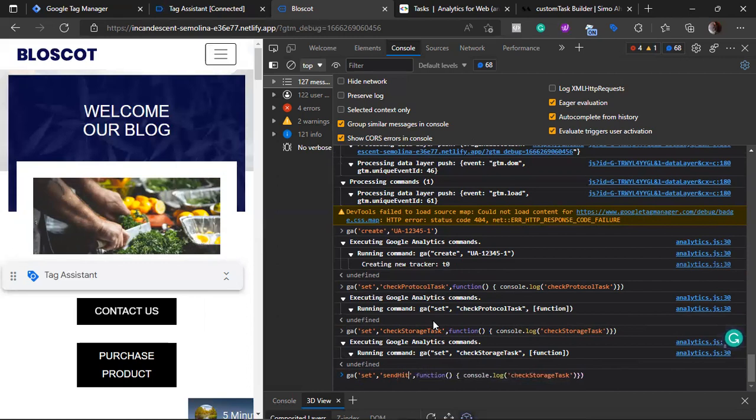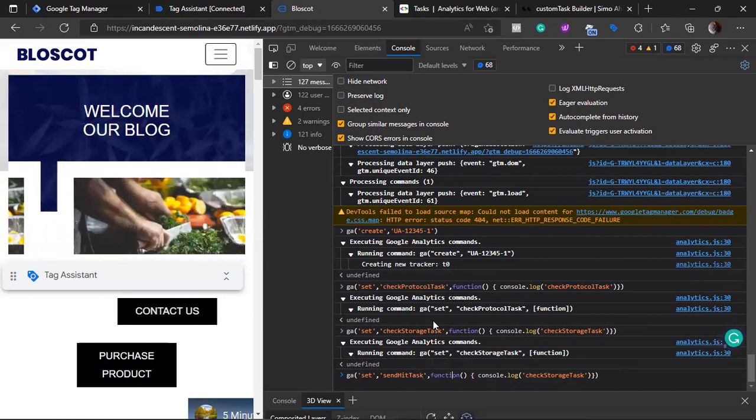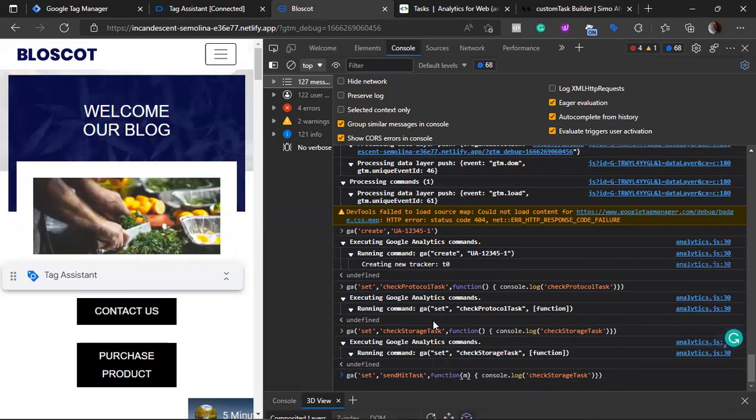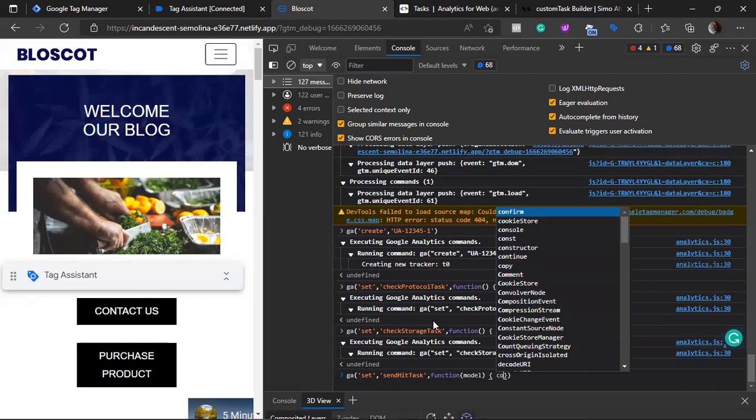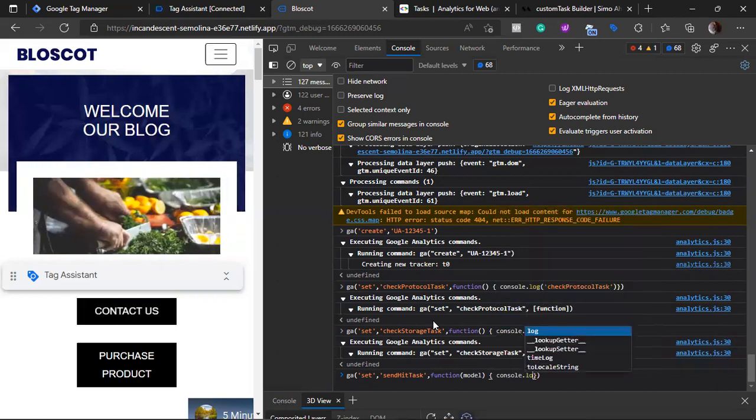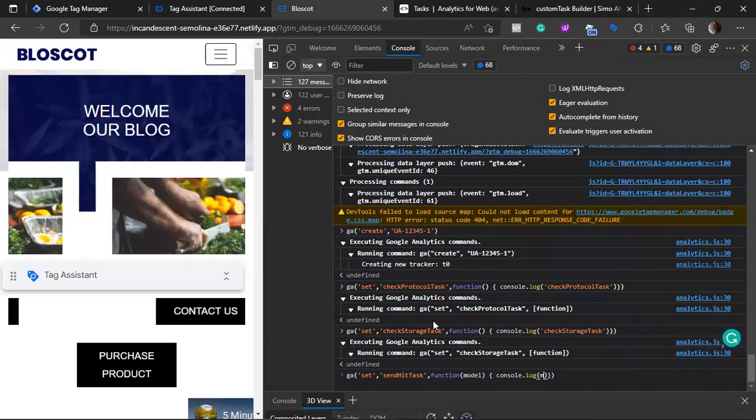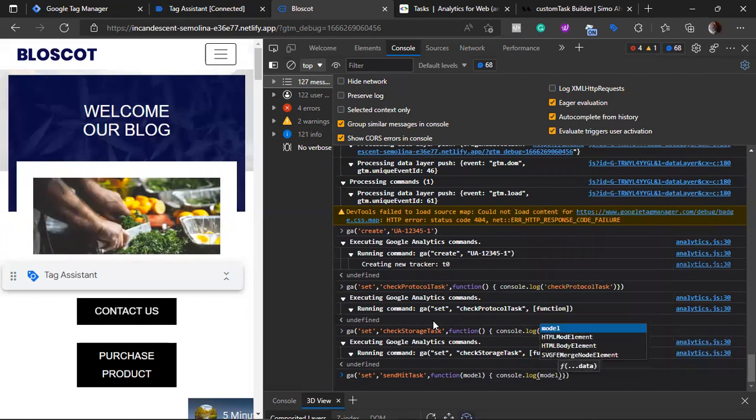Send hit task. Let's catch a parameter, model. This is basically from the task view that we have caught. And inside the function, let's say console.log and say model.get. And let's specify the hit payload here. Hit